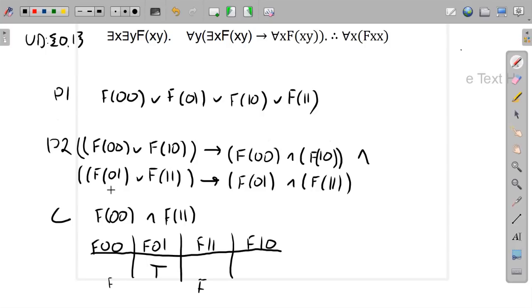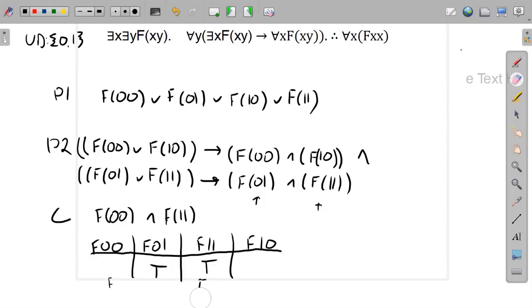Now we've got f(1,0) or f(1,1) as the antecedent. So the antecedent is true. To make this conditional come out as true, we need this whole thing to be true. So we need this half to be true, and it's a conjunction, so we need both of these to be true. So currently f(0,1) is true, that's fine. If we just make f(1,1) true,